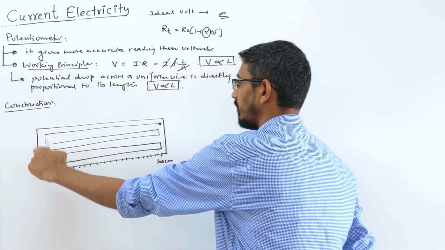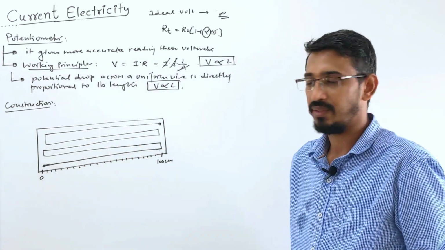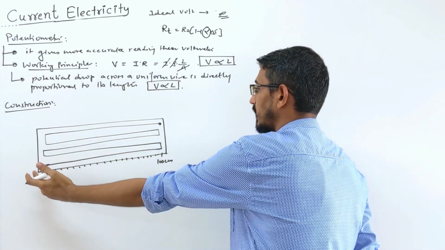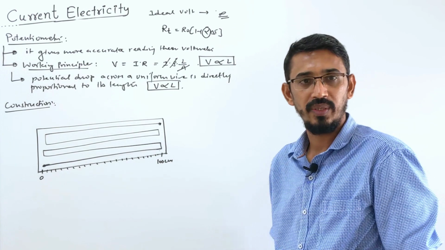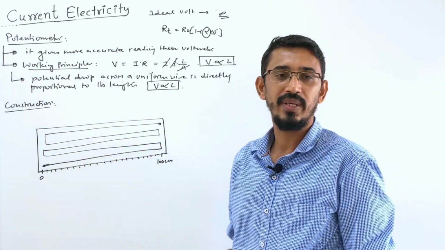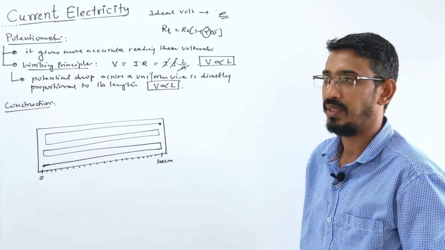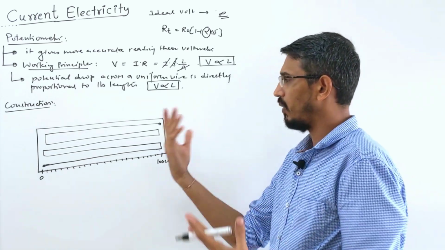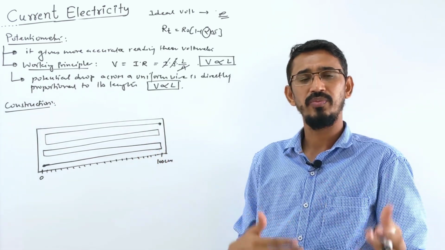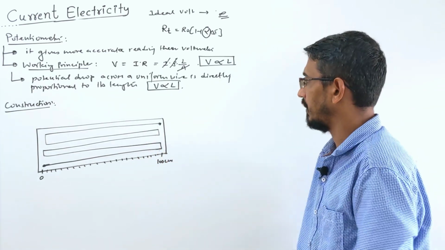Yes, so on the wooden board we have a wire, okay. One side is 100 centimeter long, or 1 meter. So suppose we have 5 turns, then it becomes 5 meter, 10 turns means 10 meter, okay. The longer the wire, the more sensitive, meaning it will give a more accurate reading, okay.